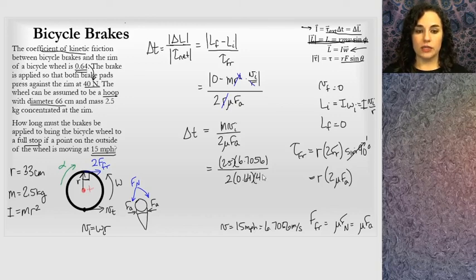And the last term I need in here is the applied force, 40 newtons. So there's 2 friction forces, and there's some sort of initial angular momentum. When you run this through your calculator, you get the time is 0.3274 seconds. So about a third of a second it takes to come to a complete stop when someone squeezes the brakes and applies this much force to the